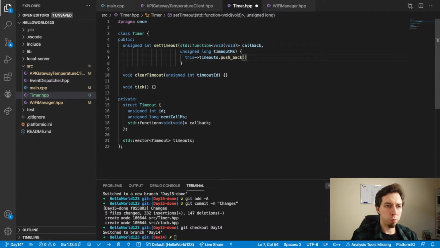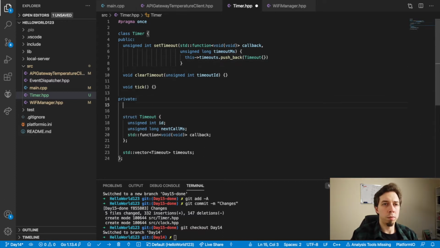And what I want to push back is the timeout with ID. For ID, we're going to need some sort of unsigned int, a positive integer. From my practice, the best way is to just define this as an index that starts from 0. And then I'm just going to pass this index,